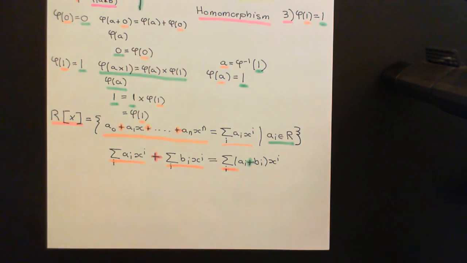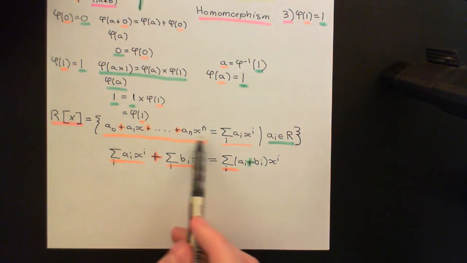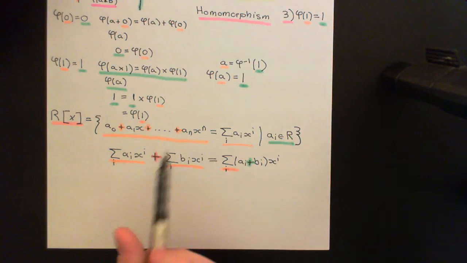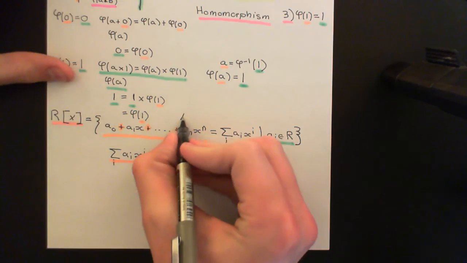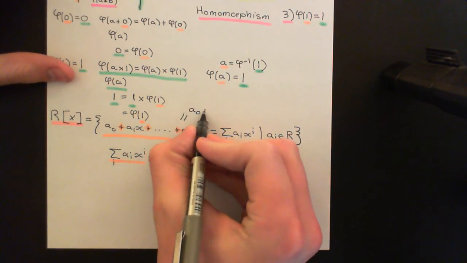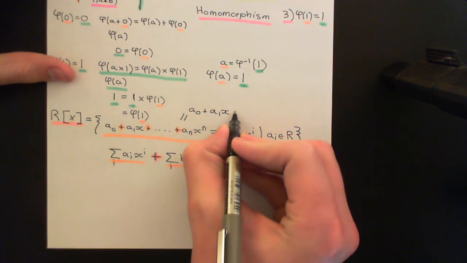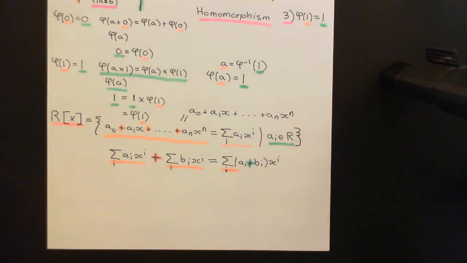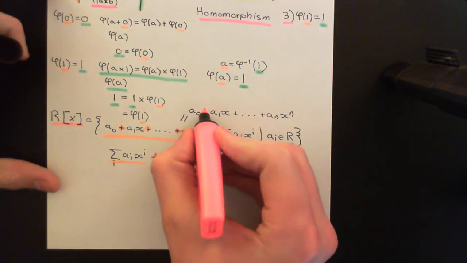Now, as soon as we define that as the way that addition works in the ring of polynomials, these addition symbols can be interpreted as being real additions. Because any polynomial like this can be viewed as decomposed into its monomials. You can see this polynomial as a0 plus a1x all the way up to anxn, where this addition, rather than just being a silly symbol in between them, is actually the addition